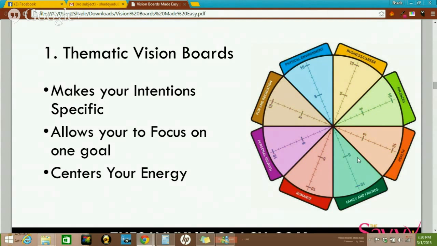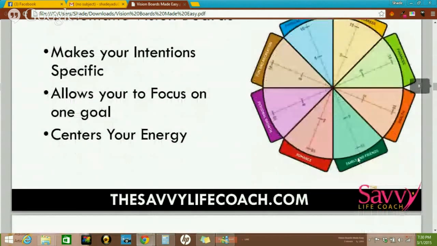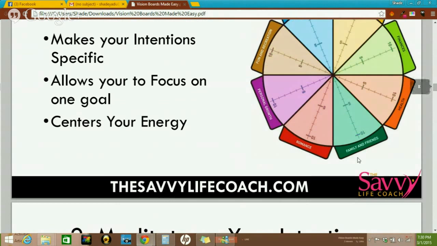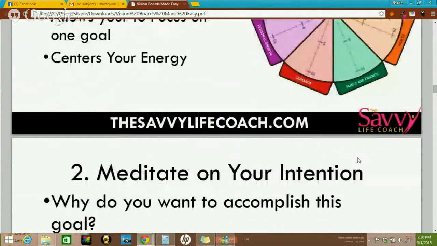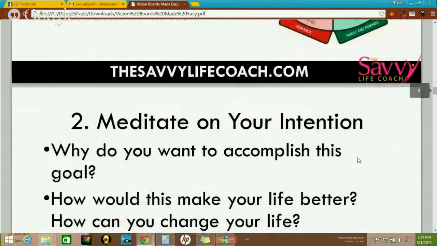And that's not to say that you don't have multiples, but it's really, really good to focus on one particular thing at a time. And for someone who has a lot of interests, it's very difficult for me to just focus on one thing. But I talk to my coaches, and they say, Sade, one thing at a time, one thing at a time. And this works. When you focus on one thing and you do something really, really well, you can spend your time doing something else. So I want you to try your best to focus on one goal at a time and accomplish that, and also make you feel confident. And it'll help you accomplish more goals when you focus on one thing at a time.